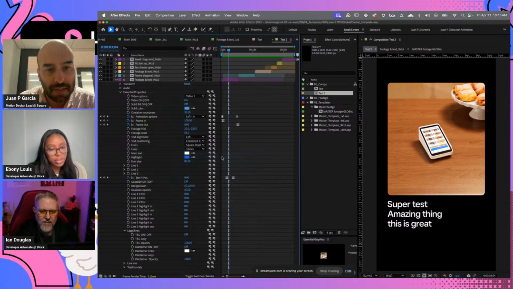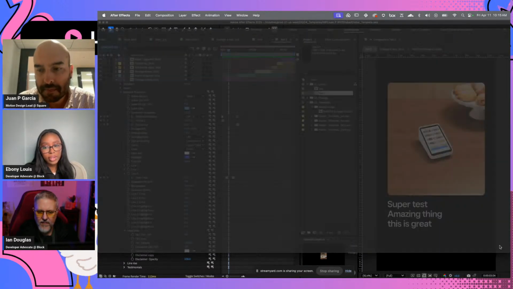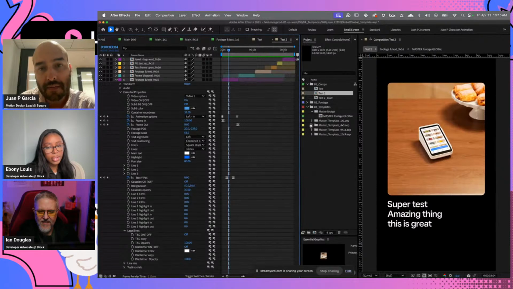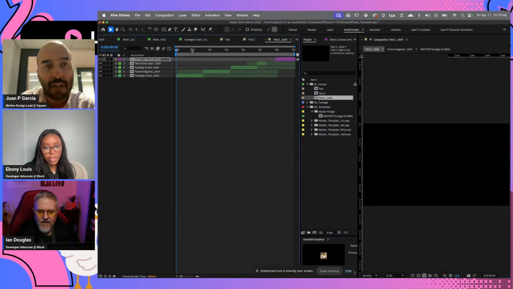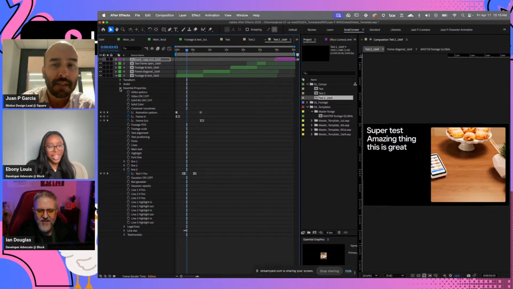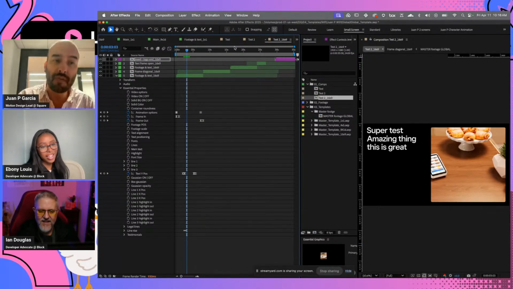Now if we run the script, you will get a pop-up menu. You can select which aspect ratio you want to convert it to. Click OK. And that's it. You have the same video, keeping the keyframes, easing, text. Wow, that was so fast. Exactly. So you run it just once, and that's it. As I mentioned before, After Effects used to read every frame. Now it was just one click.